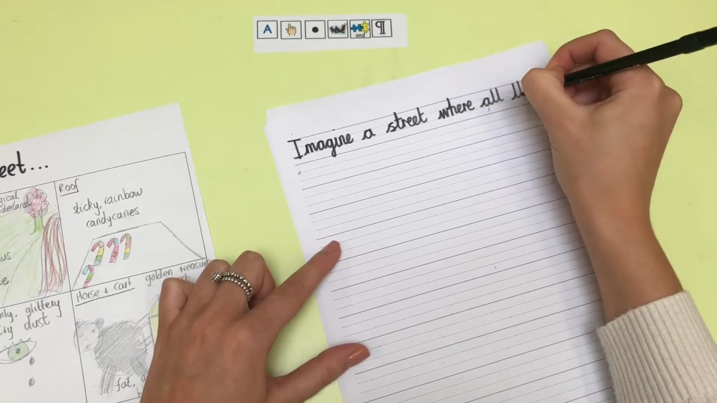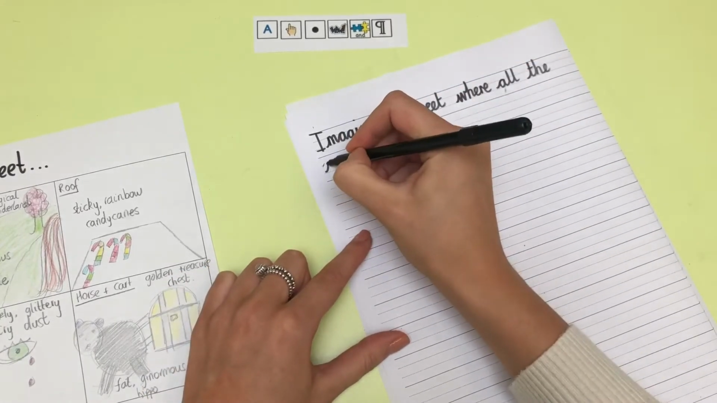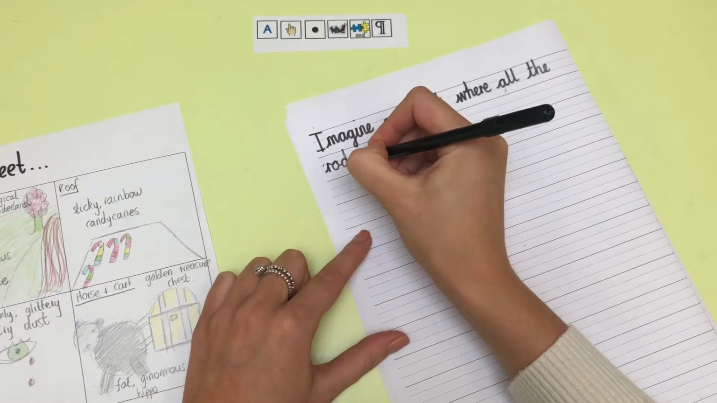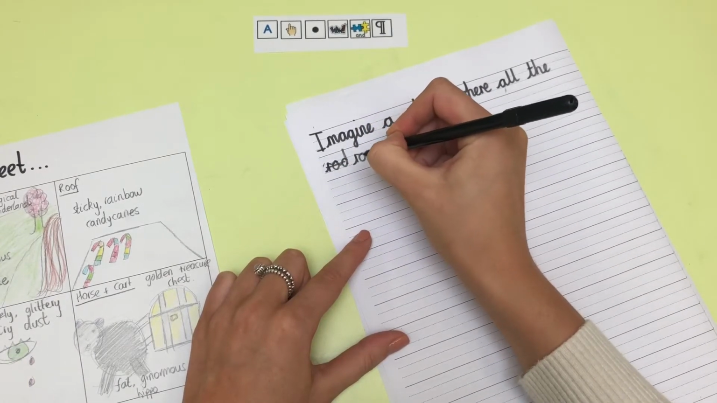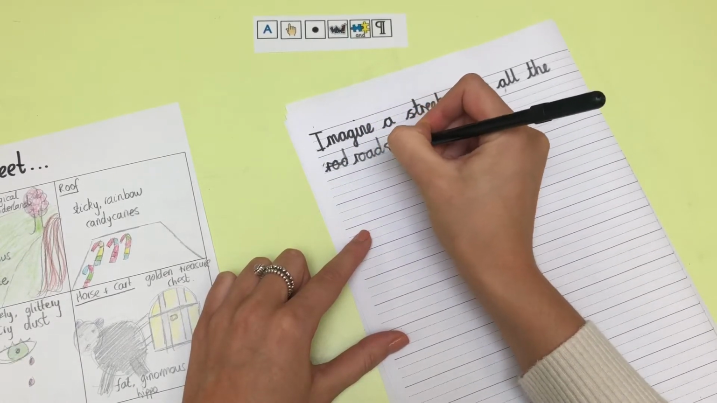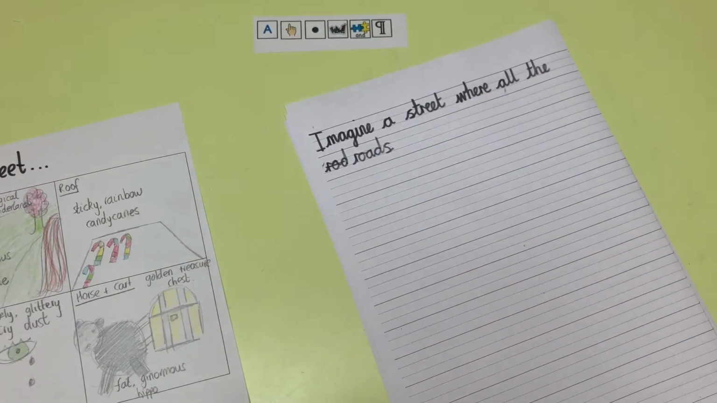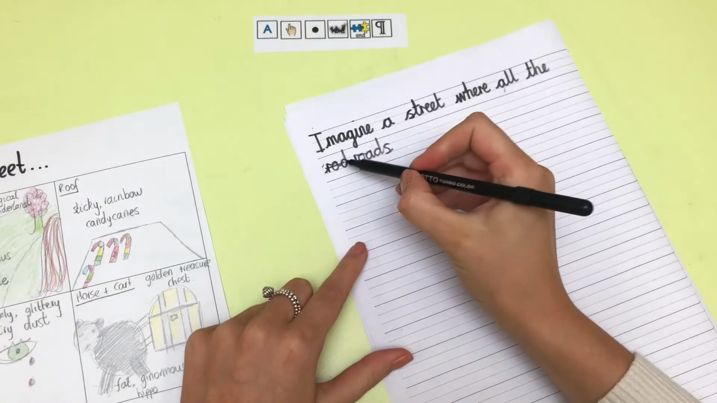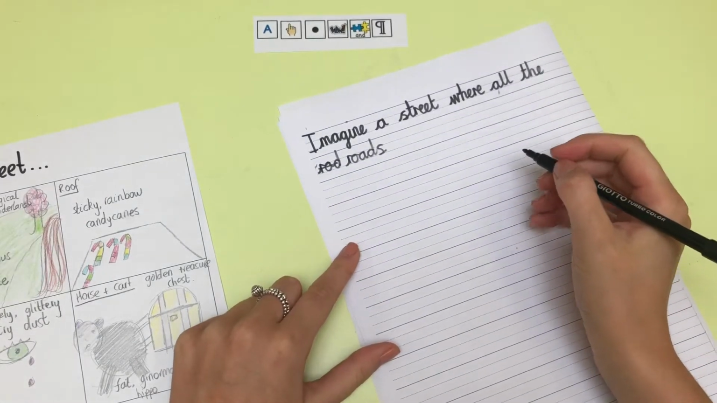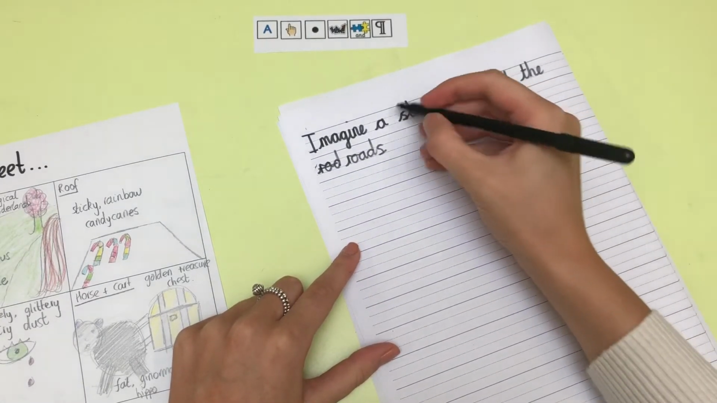See, even Miss Billick makes some mistakes sometimes. I might just need to change my pen because that's running out. If you make a mistake, you just put one clean line through it. Imagine a street where all the roads